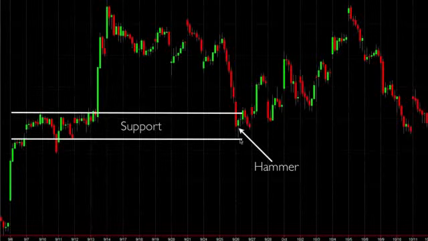This hammer is a bullish hammer. We can go in using this as a trigger for the entry, but it is our analysis that tells us we should buy the support here after the vertical drop, believing the support will hold and that it cannot keep dropping like this. So this is how a hammer looks in real trading, and again it's just a trigger. It is not your entire analysis.